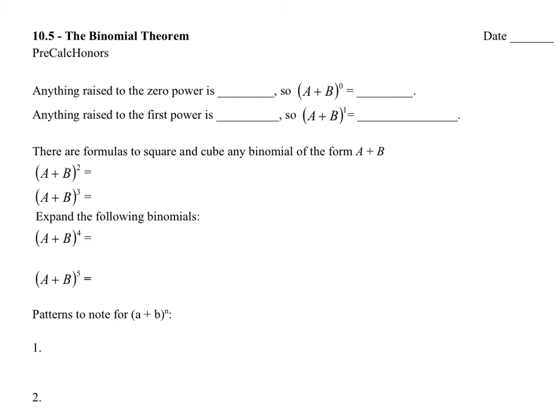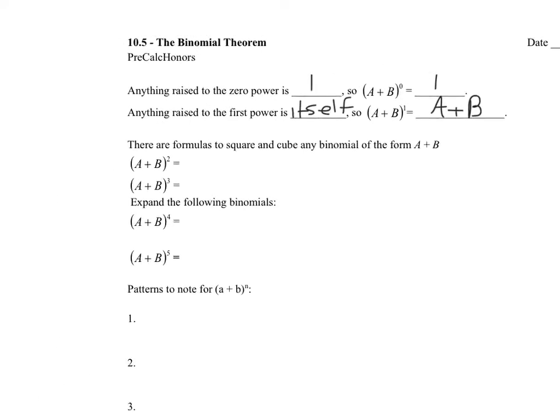I know that anything raised to the 0 power is 1, which means that when I raise a plus b to the 0, I get 1. I know that anything raised to the first power is itself. So when I raise a plus b to the first power, I get a resulting polynomial of a plus b. We can keep going. We have some rules that govern